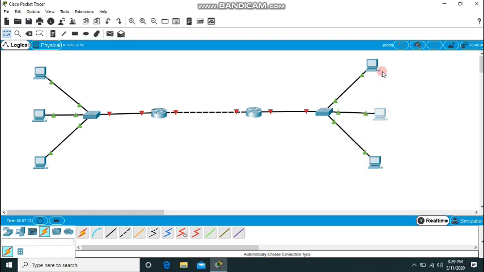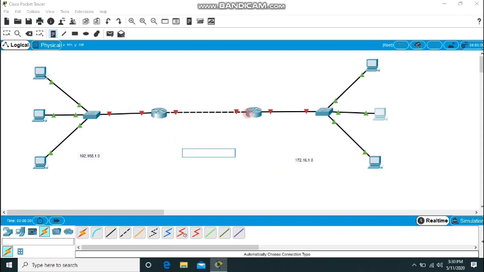Let me see how the communication happens in these two networks. As we know, we have divided the network into two parts. One network is on this side and the other network is on the other side. I will label them using some network addresses. This one is the 192.168.1.0 network, and the other side is the 172.16.1.0 network.